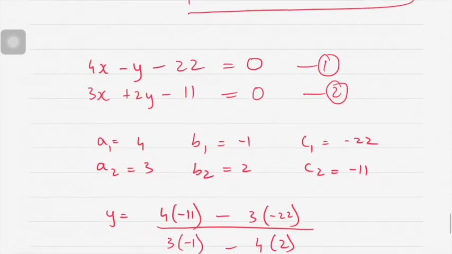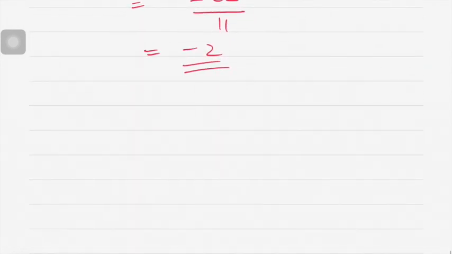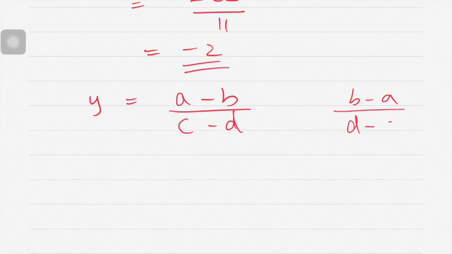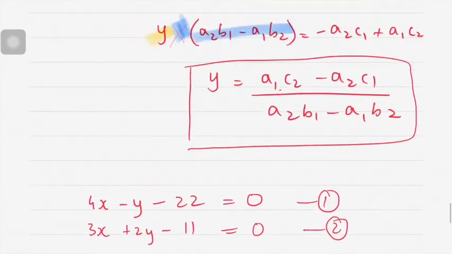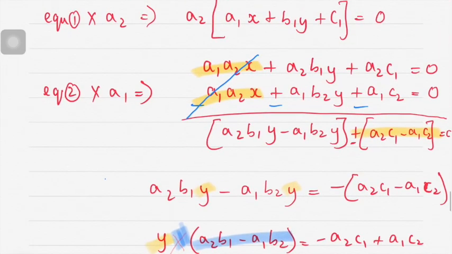So the formula is a bit different. It doesn't matter. You only got, instead of A, suppose I'll say B, C, D, E. Okay. So y is equal to, if I say A minus B upon C minus D, if this is the formula, I got B minus A upon D minus C. It doesn't make any difference. It is one and the same thing. So this is how the formula is derived.